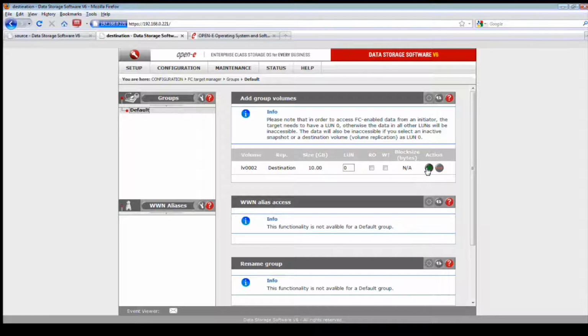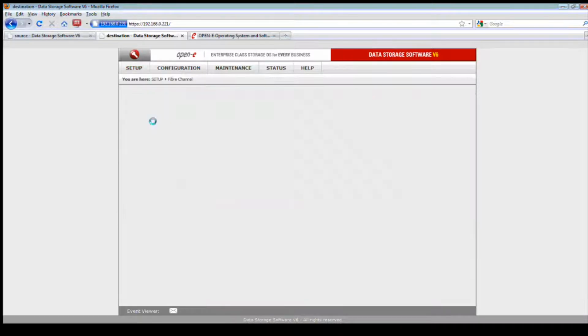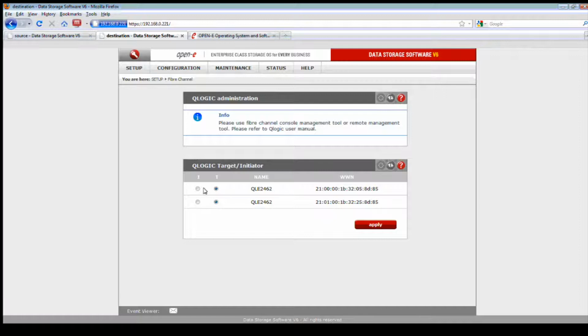What I've done here is on the default group that I've created, if you notice, it is not mounted. The reason is because we don't want to mount both of them. We only want to mount one of them. Now, once this is done, we want to make sure that your Fibre channel HBA is set up properly. So let's take a look.